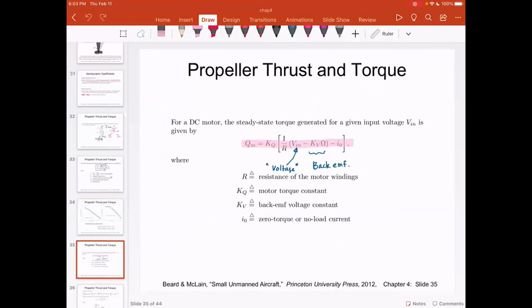So if you look at a simple implementation, you are not using an internal combustion engine, but you are actually attaching that prop to a DC motor. It's a very simple RC type of airplane configuration. So this is the governing equation for the DC motor. Torque generated by the DC motor is equal to KQ times (1 divided by R,